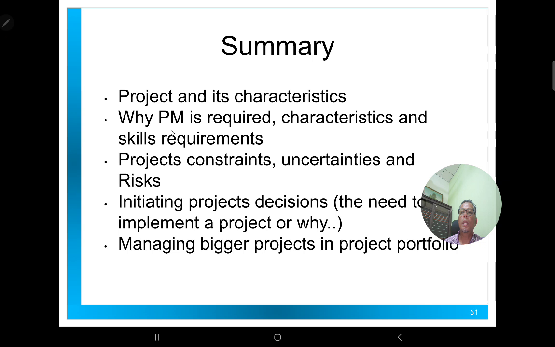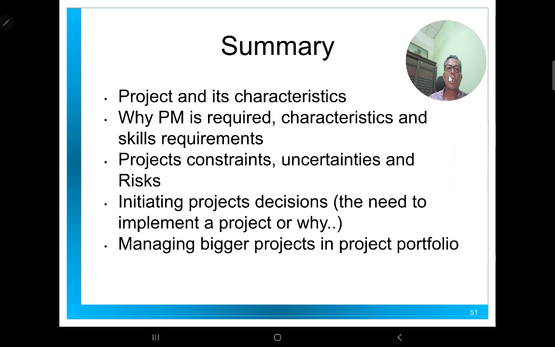And in this topic we also talked about why project management is very important and why it is required in order to perform any project of producing products, services, and also processes. It's also very important to understand the characteristics and skill requirements for project managers in order for them to